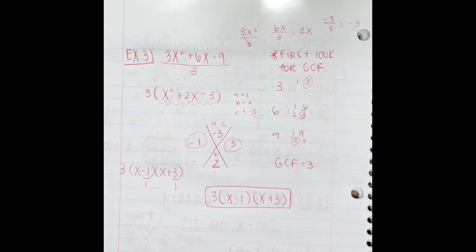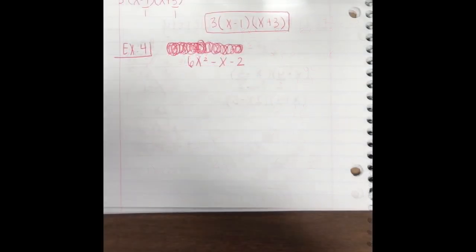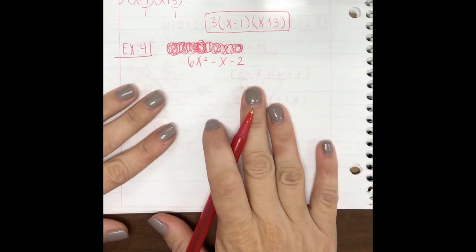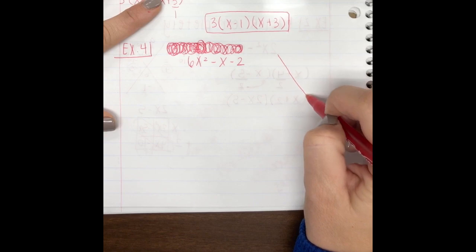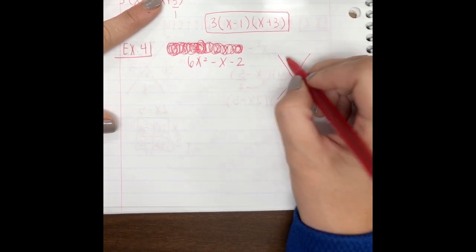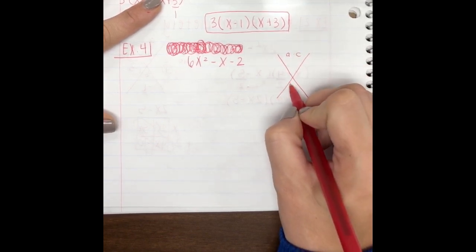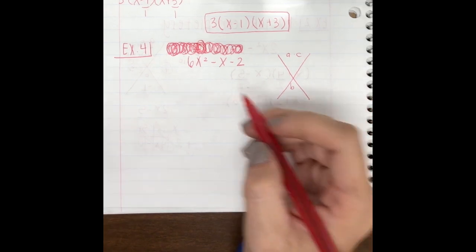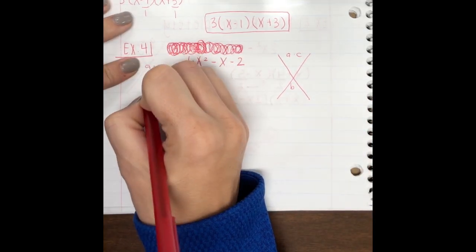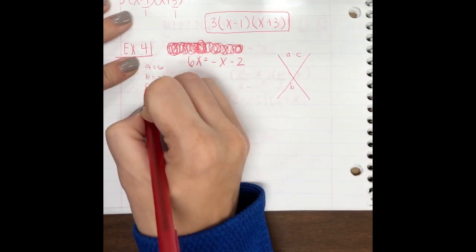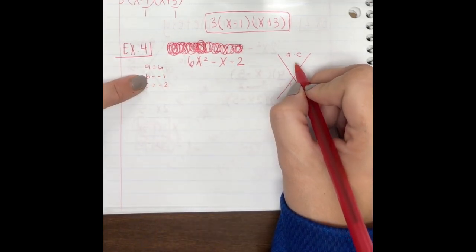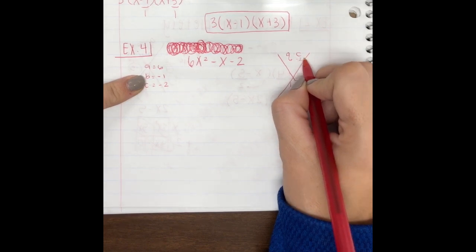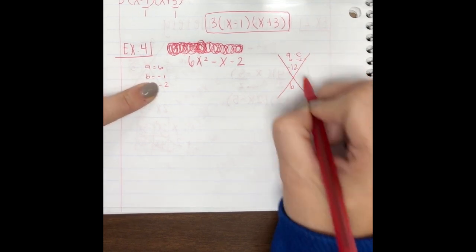And that is your answer. Okay, another something that you could run into is this, what we're going to look at now. So we're going to do everything just like normal, a times c and b. So my a is going to be 6, my b is going to be a negative 1, and c is negative 2. A times c, 6 times a negative 2 gives us a negative 12, and my b is negative